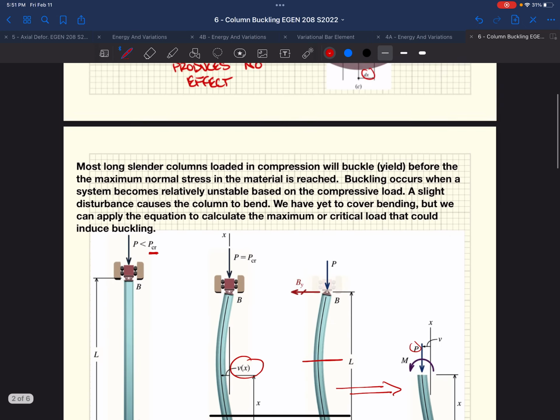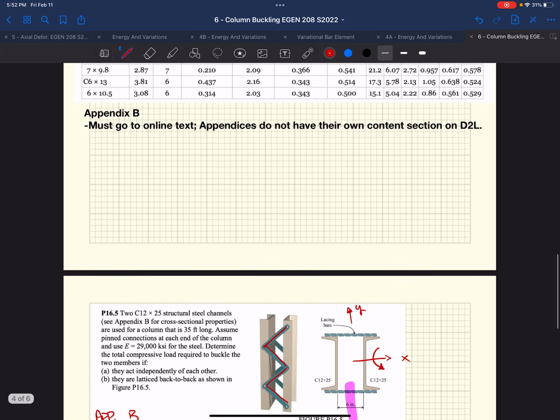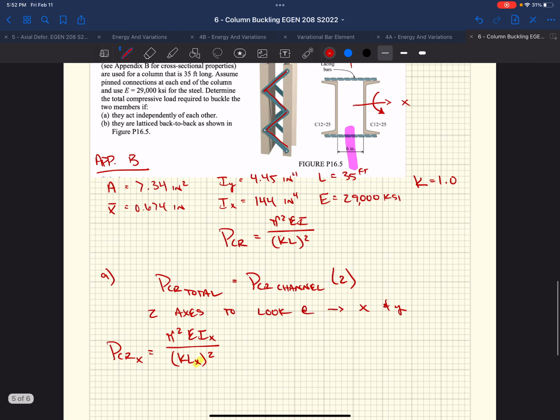And so we want to make sure that the length over which that column buckles is the length we consider with respect to the direction we are considering. So in this case, we want to make sure we use L sub x, because it might not be the same. So we have pi squared,